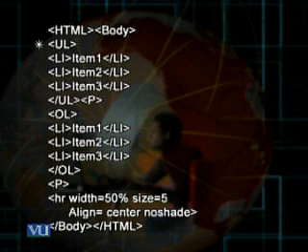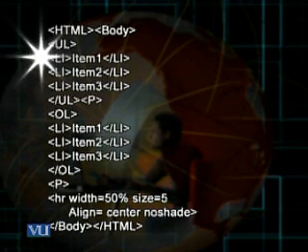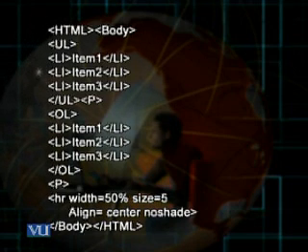Within the UL starting and closing tags, I have used 3 list items or LI tags. They have got their closing tags and I have listed 3 items. Item 1 in the first LI tag, then item 2 in the second, then item 3 in the third LI. Then I use a paragraph tag to get a line break and a line space. Assuming that I also want to list these items in the number format, for that purpose there is a slight change. Instead of UL, then I use OL tag or ordered list tag.